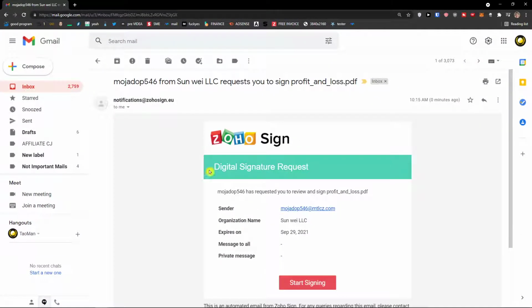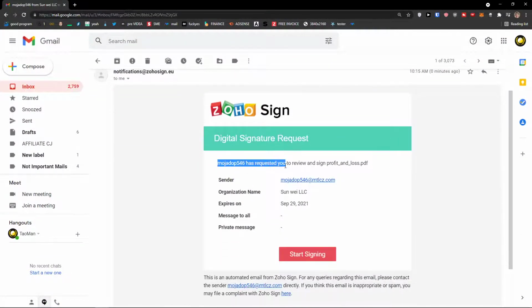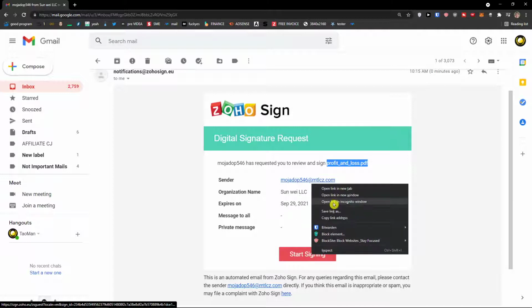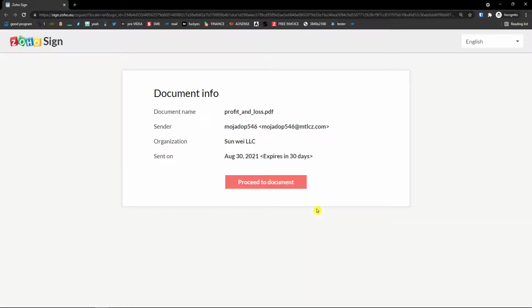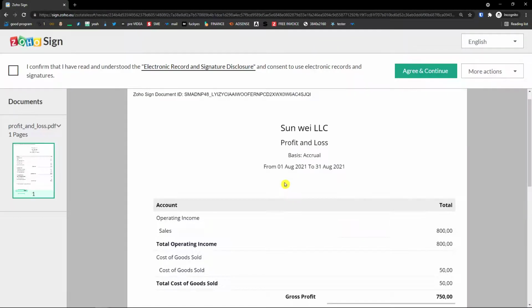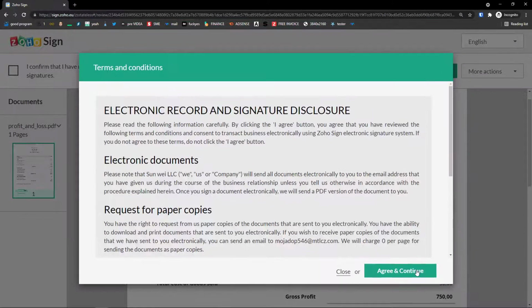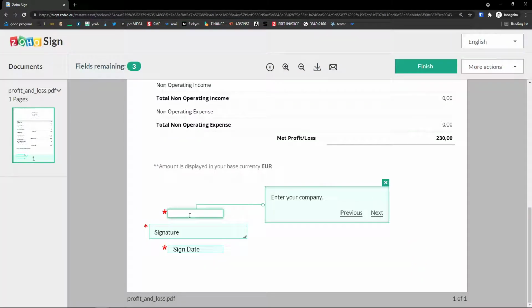Look at this. Digital signature request has requested you to review and sign profit and loss PDF, the name of the document. Start signing, right click, open in incognito window. Right here, proceed to document, and I'm going to show you how it actually looks like. So here, I agree on continue, and look at this. Enter your company, Sunway,